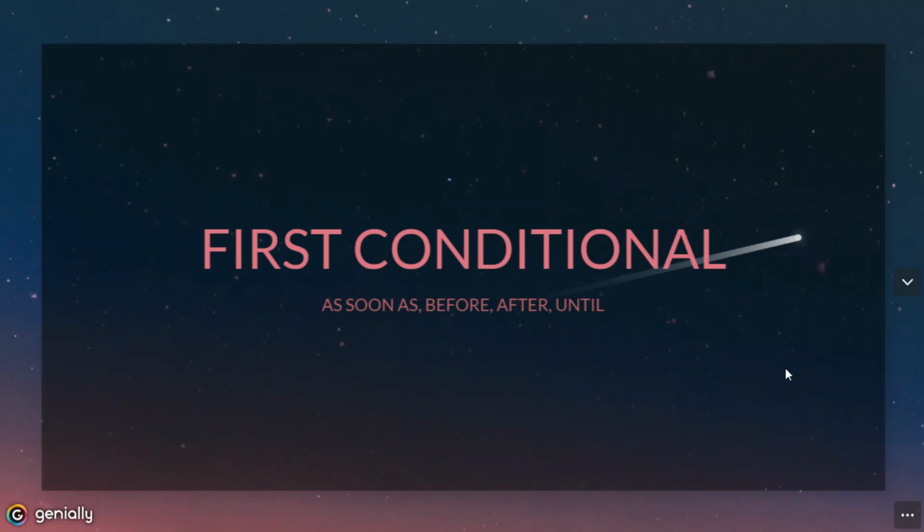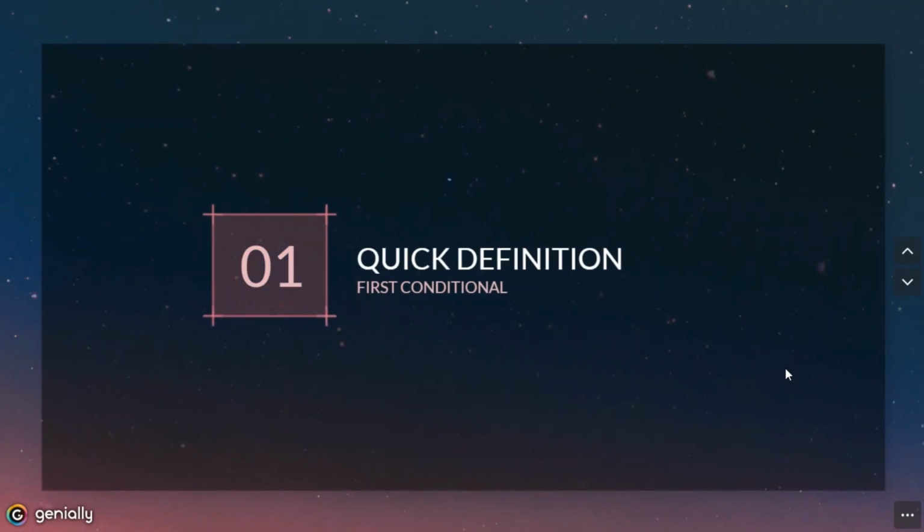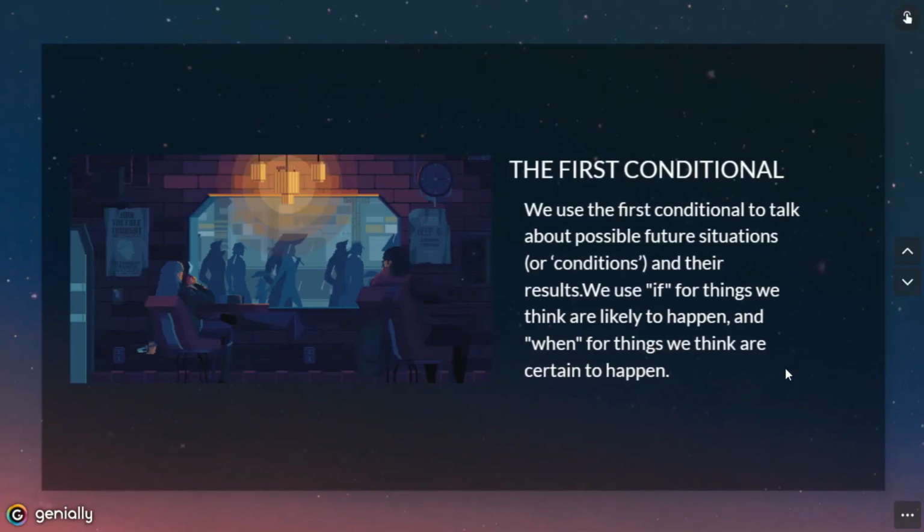In this session, we are going to see the first conditional with as soon as, before, until, and after. Let's start with a quick definition of the first conditional. We use the first conditional to talk about possible future situations or conditions and their results. We use if for things we think are possible to happen and when for things we think are certain to